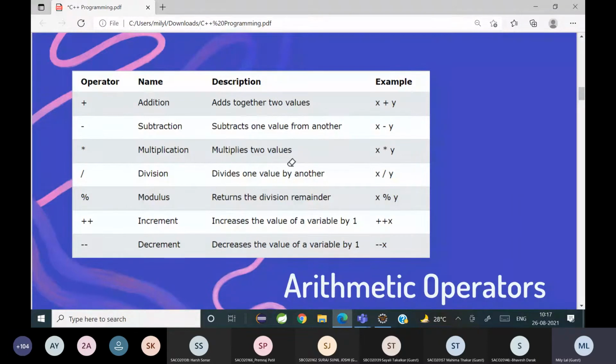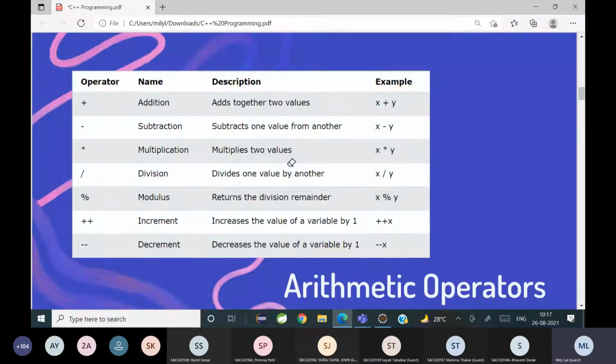For example, here ++x is called pre-increment, and x++ is called post-increment. Similarly, in the case of decrement, --x is pre-decrement, and x-- is post-decrement. Can anybody tell me the difference between pre and post?